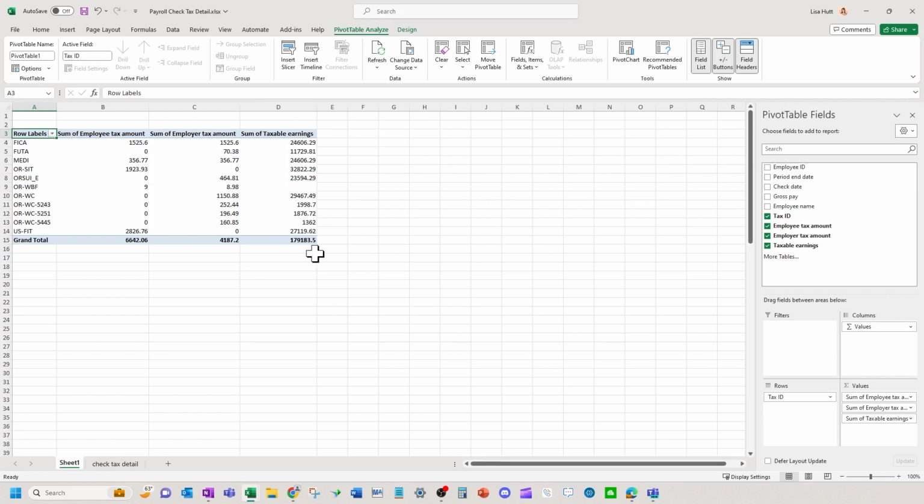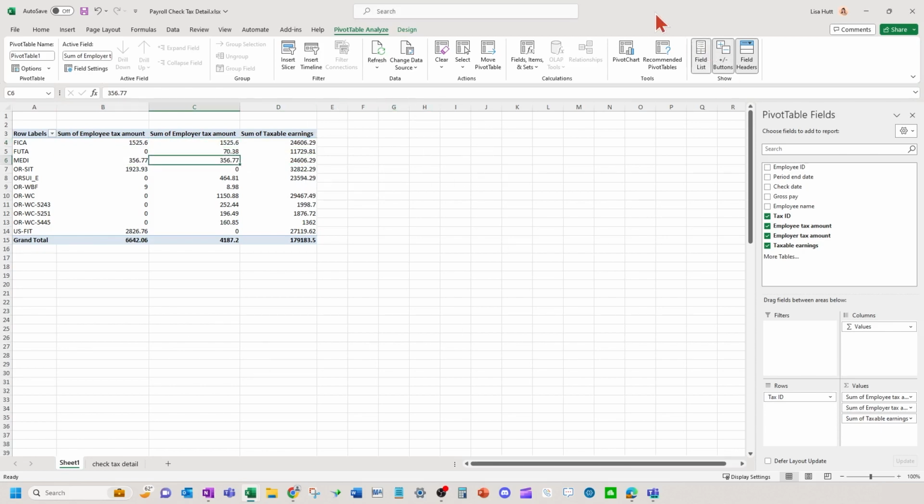Okay, you can use this to tie out to the W-3 as far as your taxable wages here for federal income tax wages and your withholding and your Social Security and Medicare taxable wages and withholding and employer taxes.